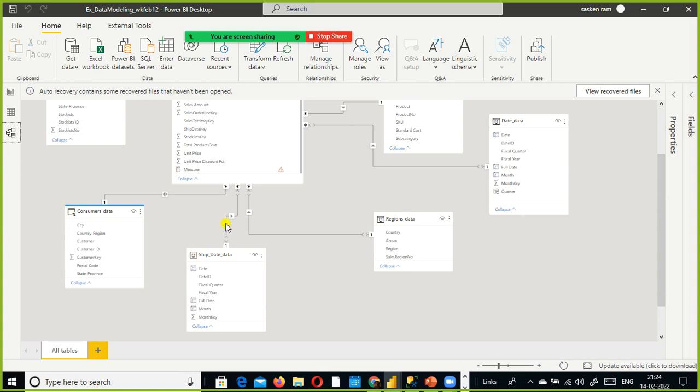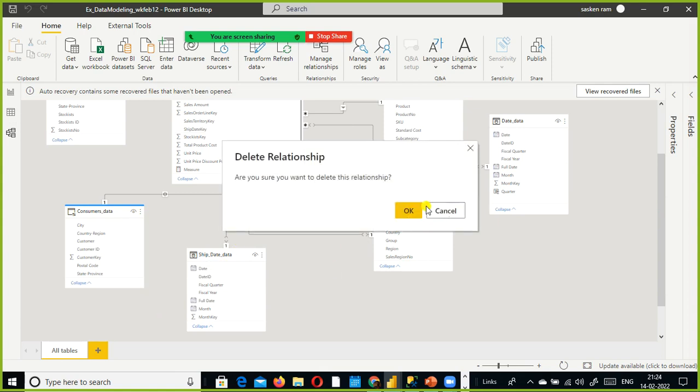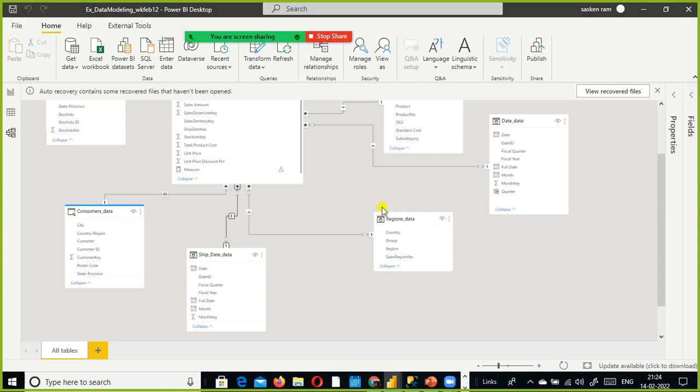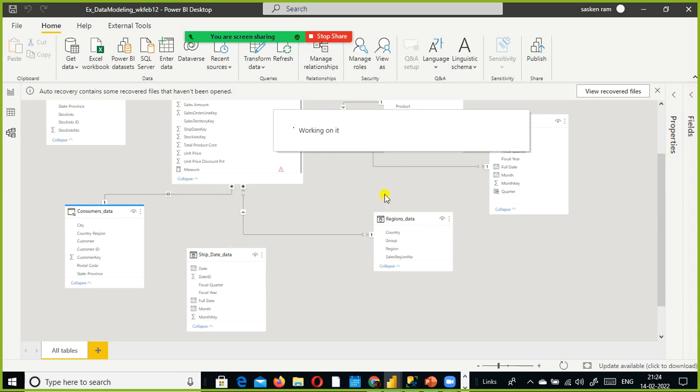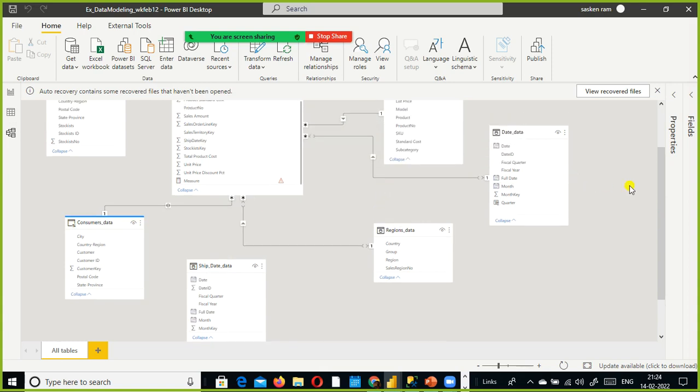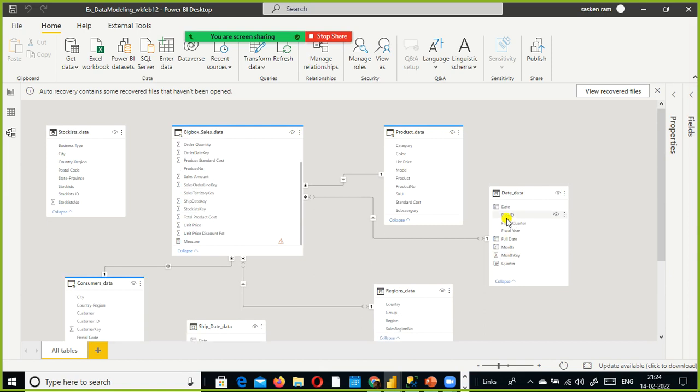So now we have used the role playing dimension to filter these two tables. So now the situation, let's say the customer or somebody is raising a concern, I don't want so many date tables. But here, still I want you to create a relationship between the date ID and ship date ID. Why so many date tables?